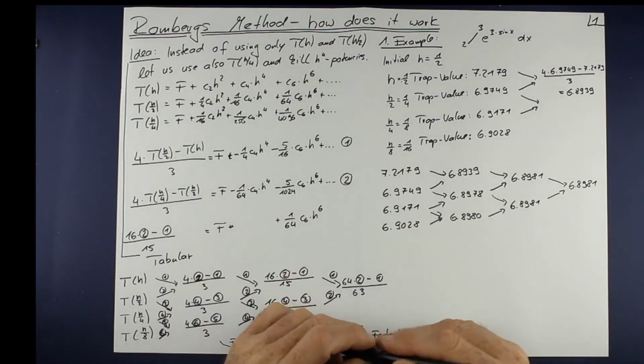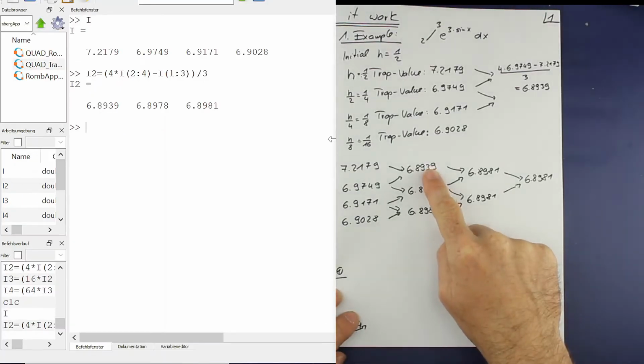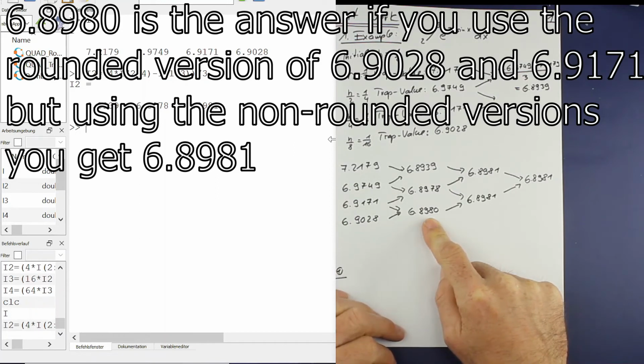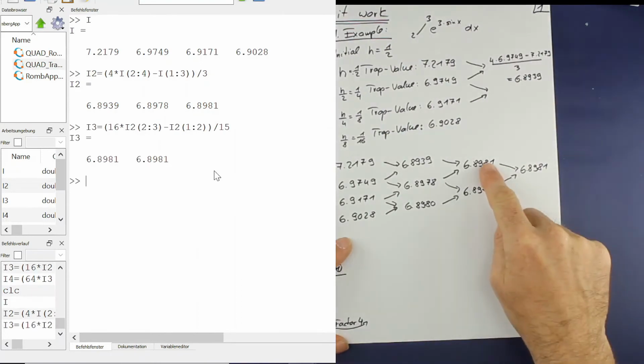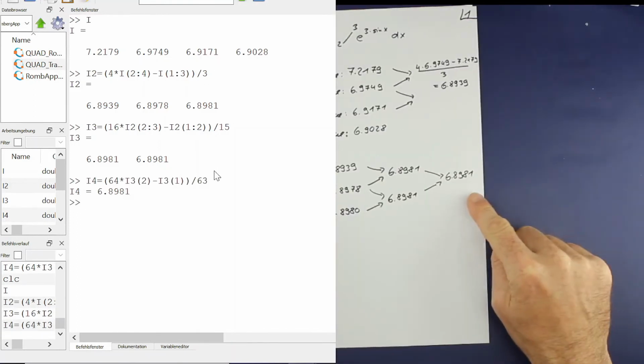Let's do that job electronically. Now we have these I values, and now we can calculate these values, 4 times these 3 values minus 1 times these values, and then divide by 3. So we have only one command in Octave, and we get 3 results, and these were the results I wrote down on the paper. So we had these numbers, these are the ones from the left, and now let's do the next stage. And we get these 2 numbers,